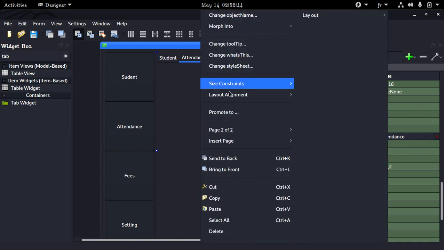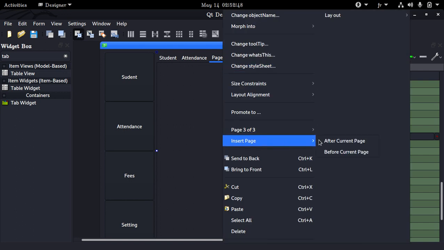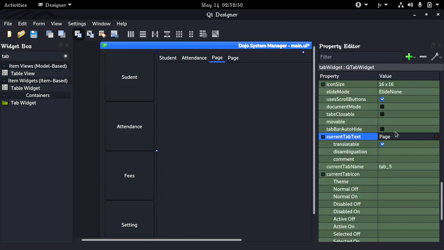So let's add more sections. So insert page after current page, and insert page after current page. Let's call this one fees and we have the settings. So let's set the settings section to settings. So let's save it and let's